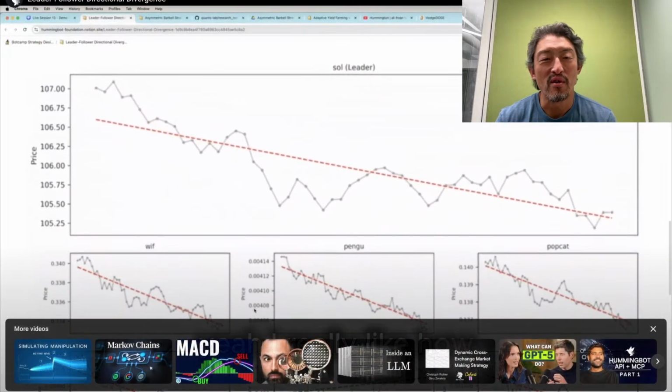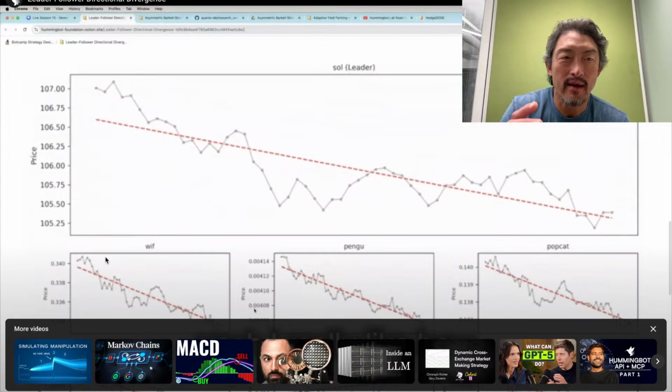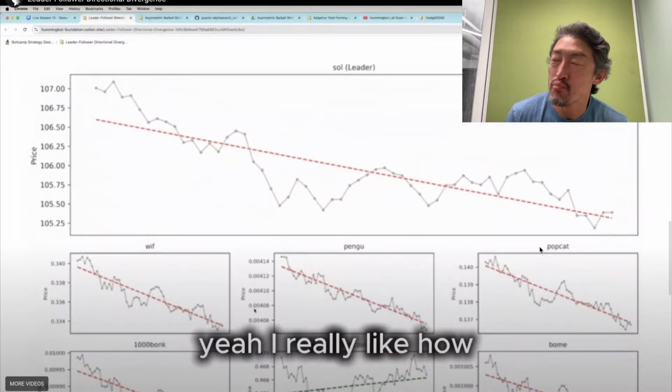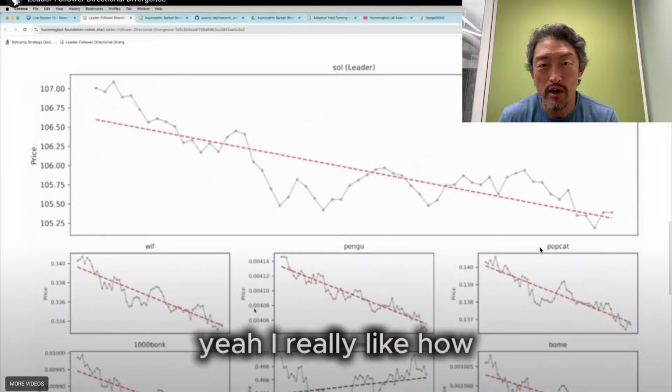Yeah. So I want to show this first part because what you're seeing here is a template that we ask all the students designing strategies to build. This actually was quite an advanced strategy because Nikos used some advanced regression techniques to try to identify promising meme coins to trade.